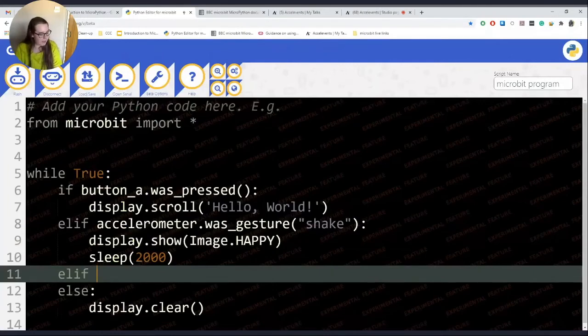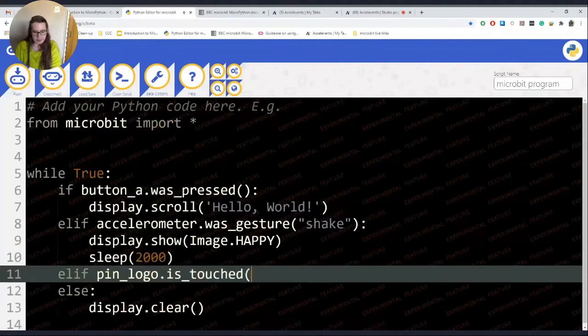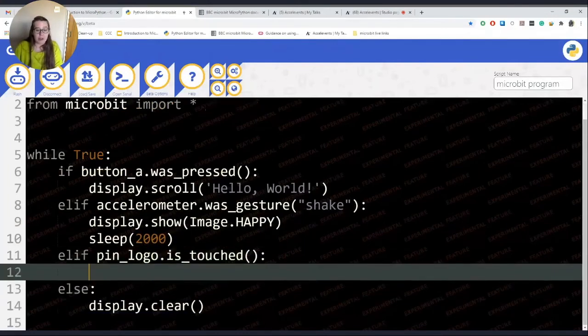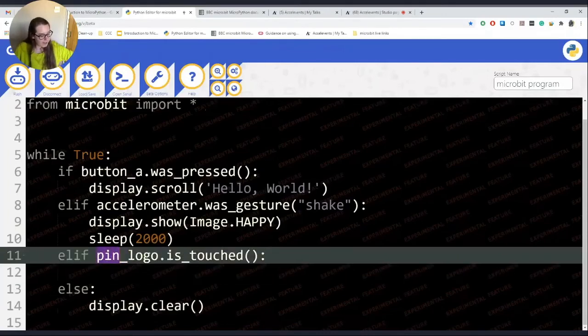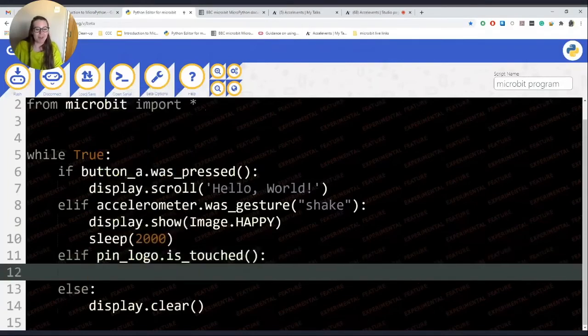But I'm going to make the microbit say hello to me when I press the logo on the front of the new microbit, which uses this code here. But if you don't have a new microbit, you could make this happen when you're doing accelerometer or anything. And this pin is also for the pins, the edge connector at the bottom. So I could say if pin 1 is touched, don't quote me on that, that might not actually work. I will check the documentation. But if the logo is touched, then I want it to speech.say hello humans.